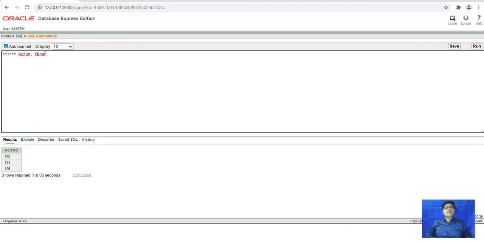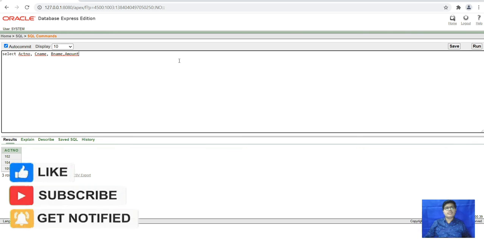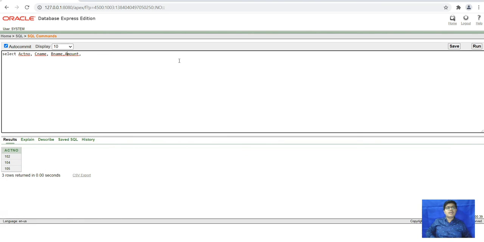C name and branch name and amount. We have to give only 10% of amount. For that, we will select amount,